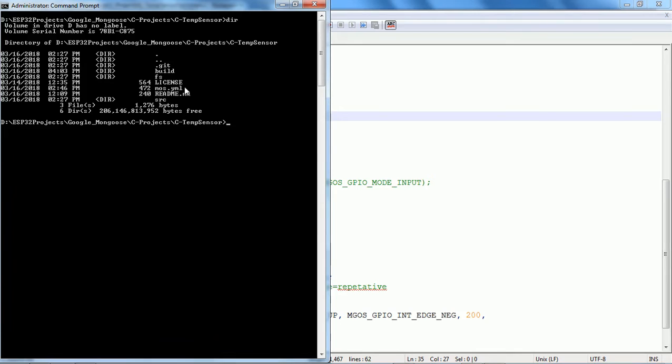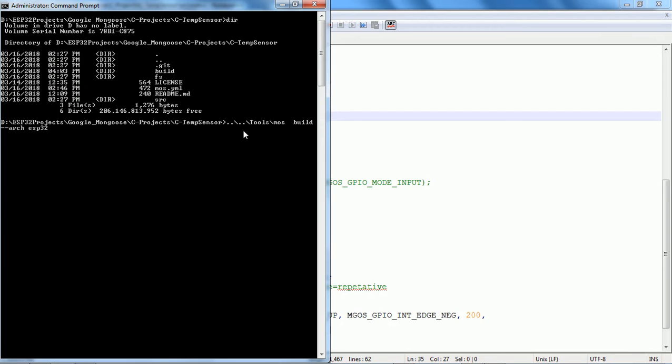Let's now go and see the steps. First step is we need to build. Let me show you how we do the build. Here you can see this is the build. I am going back, and I have a tools folder, and in the tools there is MOS. This MOS stands for Mongoose OS. In that I am passing the parameter build, in the current directory where SRC is associated. This is very important. If you goof up here, then obviously your build will fail.